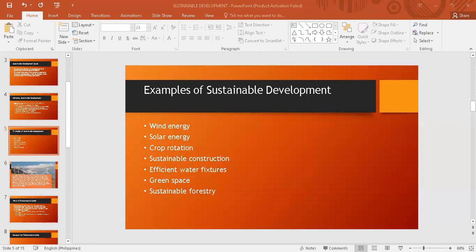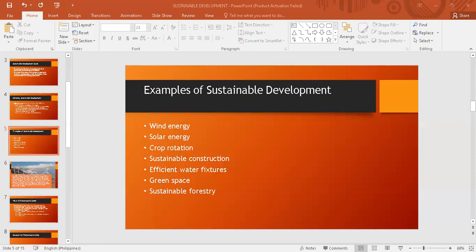Yung mga, for example, mga heavy machineries na ginagamit sa pag-build ng mga bridges, okay? Usually they use fossil fuels, no? Kung saan gumagamit ng mga inefficient electricity, yan. So if we have sustainable construction, mas marireduce yung emissions ng carbon dioxide and mga others. Okay. Paano ba ang sustainable construction? Usually,